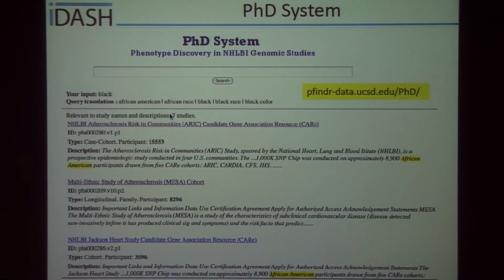The second tool that we are currently developing is the front end of our system, or the information retrieval system. And what this one does is to take free text input, retrieve relevant studies, and then use a ranking algorithm to rank them in a proper order. I hope that our tool is, and I'm pretty confident that our tool is, better than 50%.